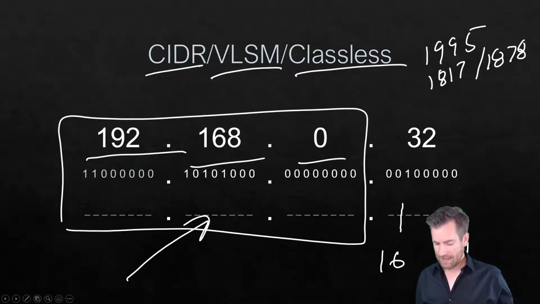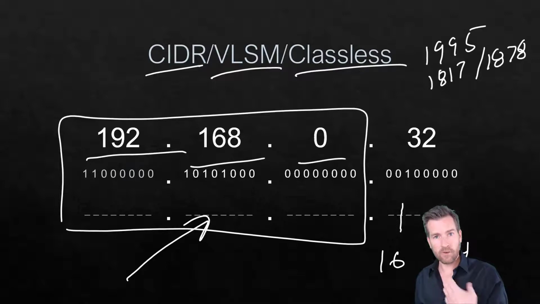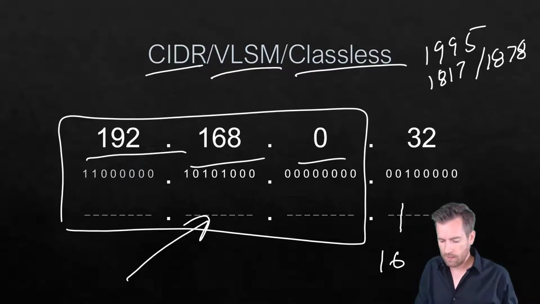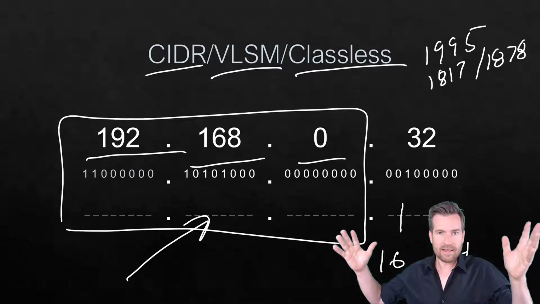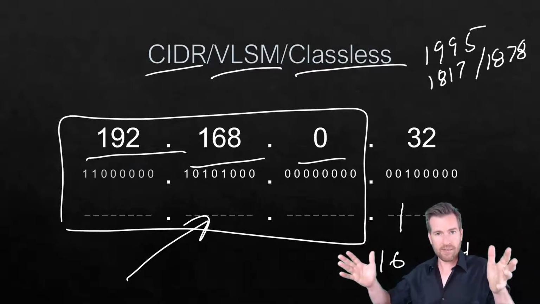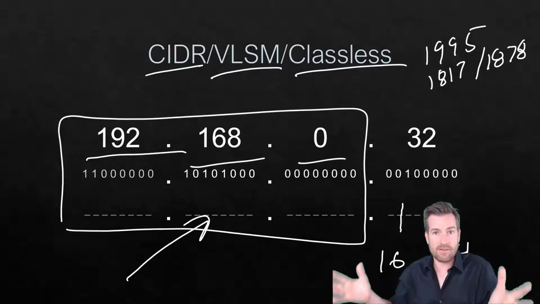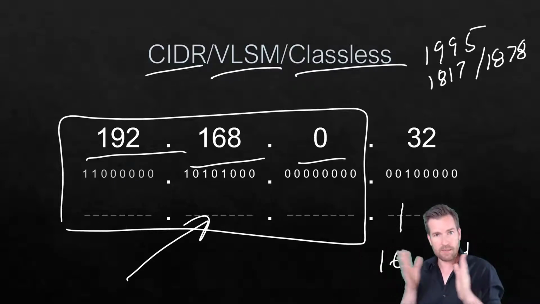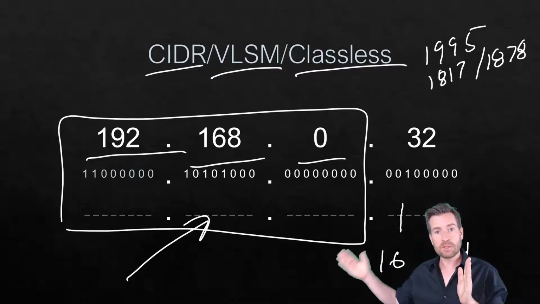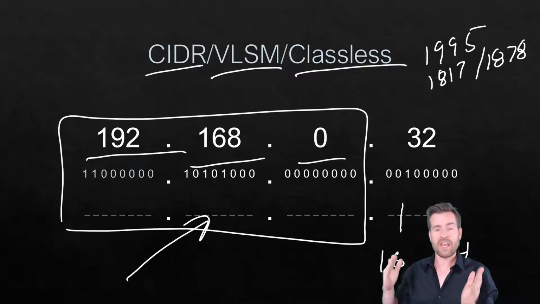So then I have different subnets all within this. So I can break this into a block of 128 hosts on the network, and the next block to have 64, and the next block could have 32. And so within this range that I'm given, I can actually have a variable length subnet mask, or VLSM,